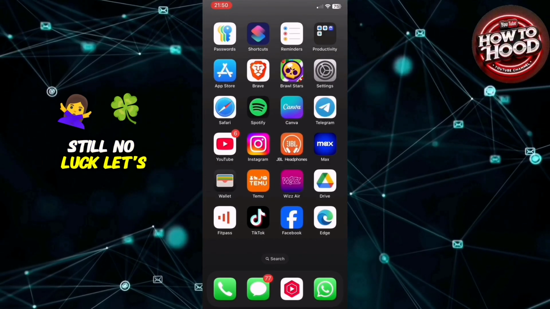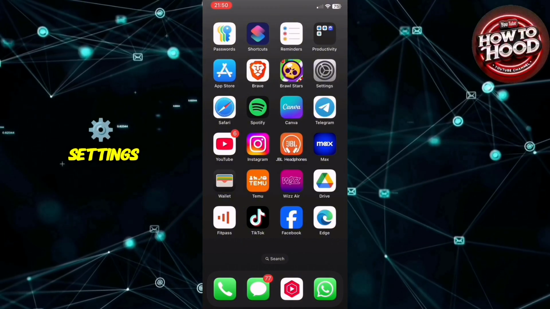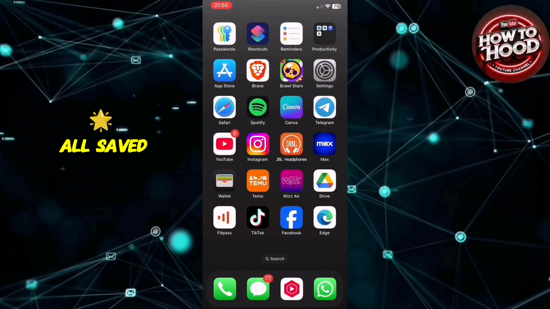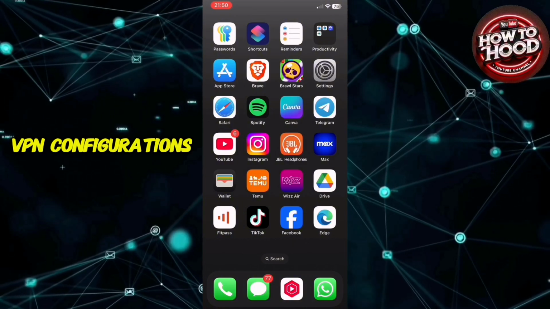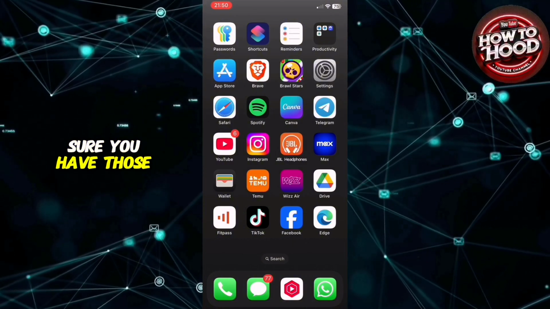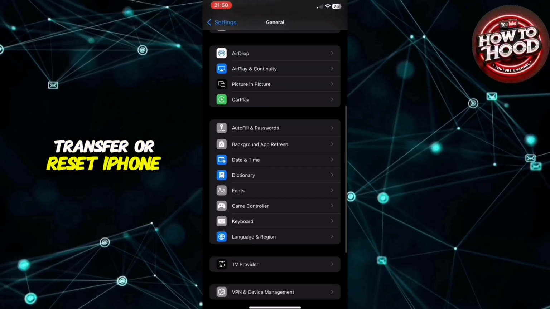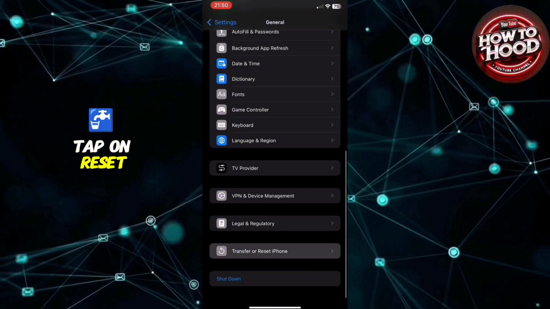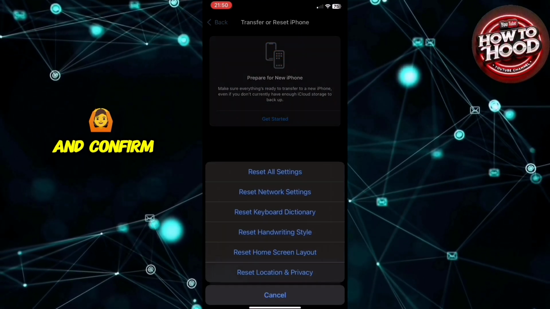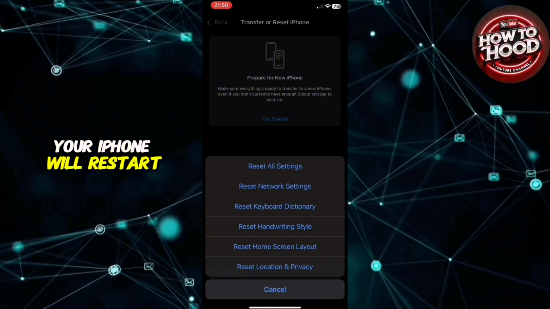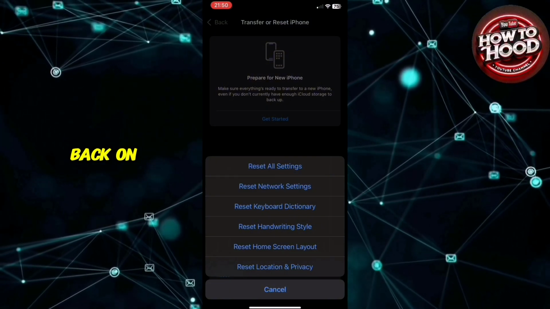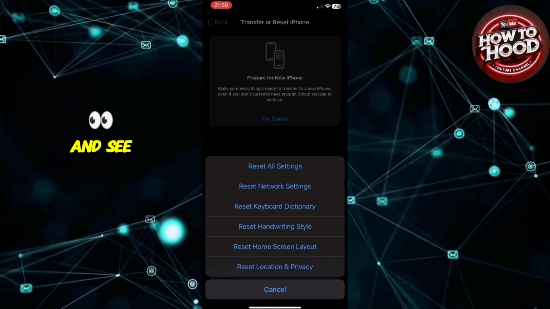Still no luck? Let's try resetting your network settings. Keep in mind that this will erase all saved Wi-Fi passwords and VPN configurations, so make sure you have those handy. Go to Settings, then General, and scroll down to Transfer or Reset iPhone. Tap on Reset, choose Reset Network Settings, and confirm your choice. Your iPhone will restart, and after it powers back on, reconnect to your Wi-Fi network and see if the issue